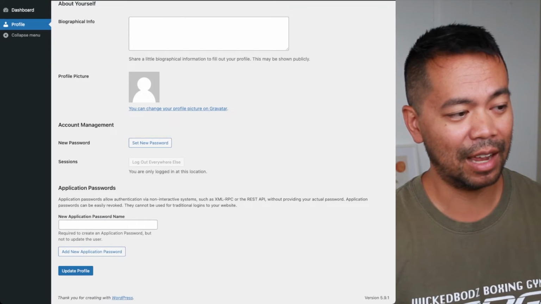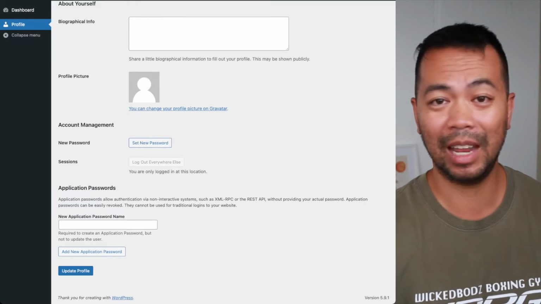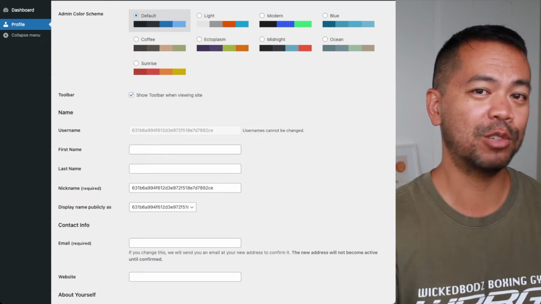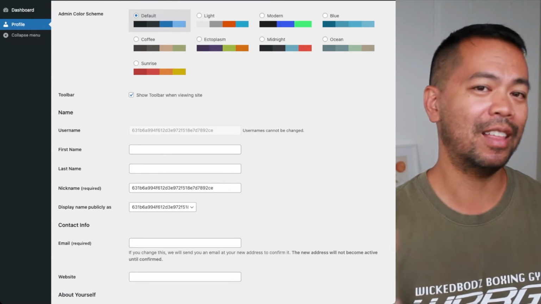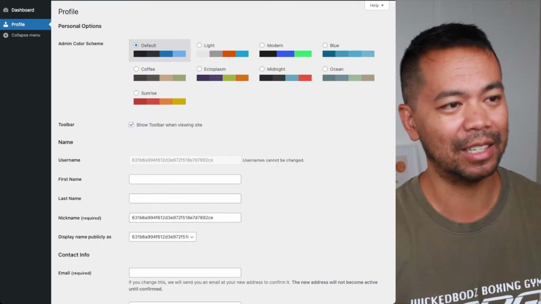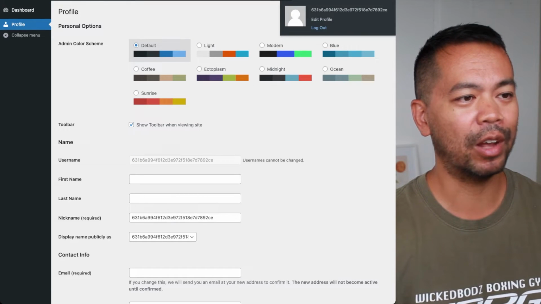And go further down, you don't have any username or passwords within WordPress at all. So that's it. All I know is a hash representation of your wallet address, and that is used to log into the website. So no data whatsoever is collected for the user. So now I can log out,